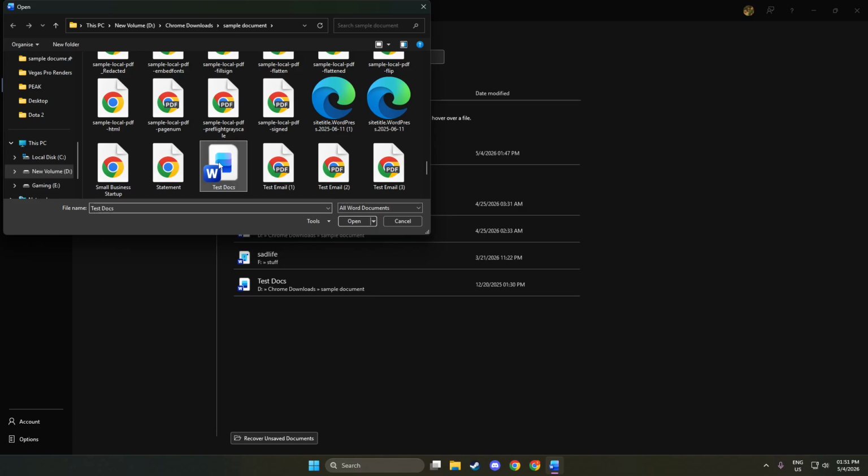Look at the Open button in the bottom right corner of the dialog. There's a small arrow beside it that expands a menu with more ways to open the file. Click that little arrow to reveal the options. If the window is narrow, you might need to widen it to see the arrow clearly. From the list, choose Open and Repair.